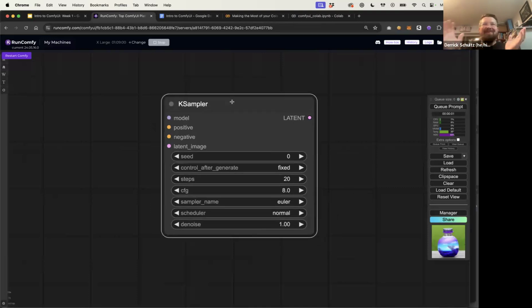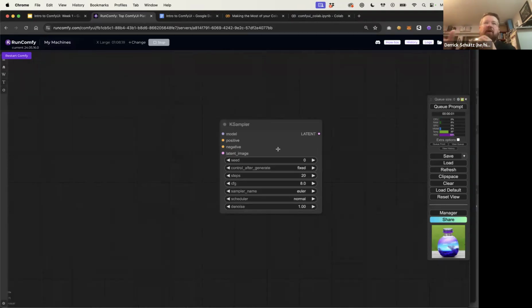So that's just one node. This happens to be the most complex node, but it is the heartbeat of any diffusion tool, this K-sampler node. So you're going to build up everything else, but mostly what you're going to do is play with all the little variables and parameters within this. And that makes it cool and it makes it fun. Honestly, I feel like you develop a little bit of intuitive sense with these things once you get a little further along. You make an image and you're like, oh, that's too crisp, it's overly sharpened. Then you turn your CFG down or you reduce the number of steps. You can kind of feel out the machine and figure out what it wants to do based on your outputs.